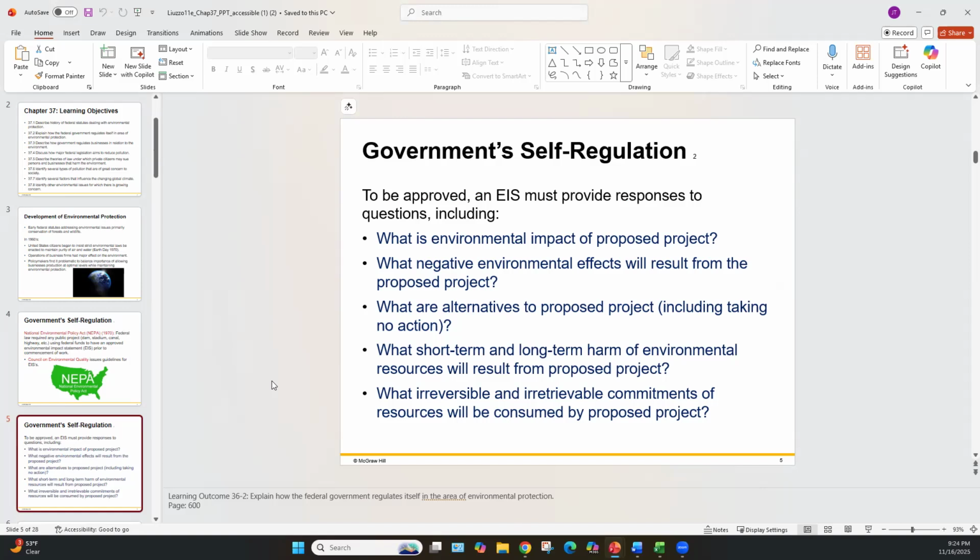So you can imagine the construction company that's building the new interstate. They hire a handful of engineers, civil engineers, and scientists to ensure that everything they're doing is compliant with EPA standards, help them produce the EIS statement, and then they may even hire that EPA consulting company to come in and double check and make sure they're not missing anything. The type of fines the government can levy on you are severe.